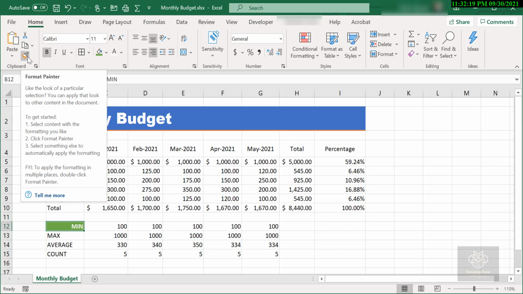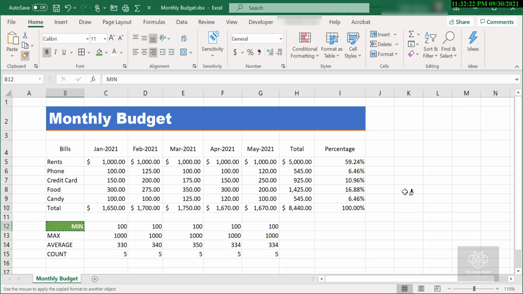So I could click it once. Let me click it once, and you see here, my cursor now has a little paintbrush attached to it, and it's got a little copy marking around B12. So I'm going to click on count, and it's done. Those 4 or 5 steps that I applied to B12, I have now copied to another location. Very cool, right? This way I don't have to remember what I have done in the previous cell to do the formatting. Just one click and the format is copied. You don't have to remember what color I chose, or what font size or what font I used.